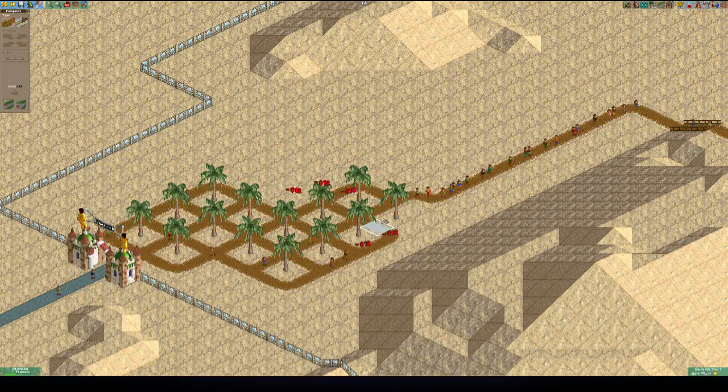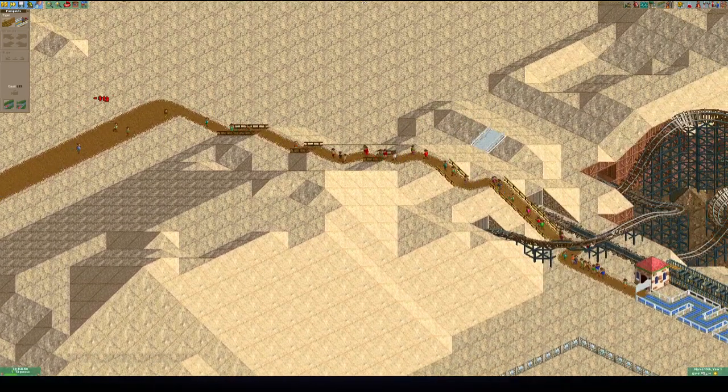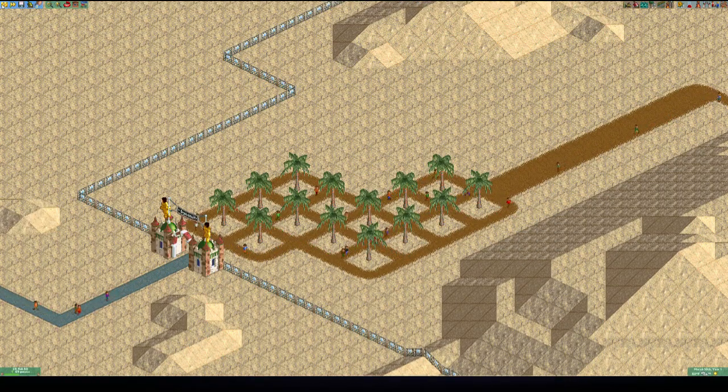So there we go. Just giving the guests some more path space here because we will need it later down the scenario. This will keep a 1x1 for right now. We will extend it later, but this will just give our guests... Oh shoot, and we didn't even